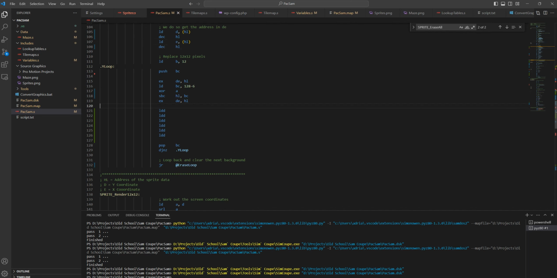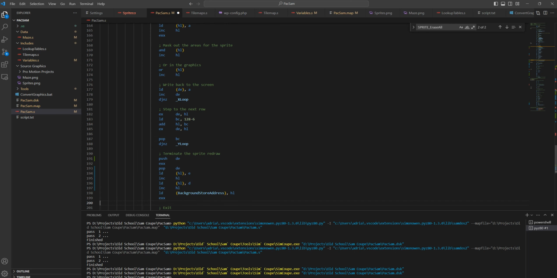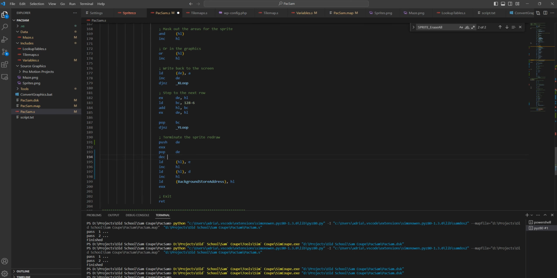We need to actually effectively decrease DE here. Not actually there, but we need to get DE to be 1 byte previous. If we do it here, we could just put that at 7, but then it's going to offset too much. What we actually just want to do is decrease D here before we store it to take it back 1 pixel. That means each row will be stepping every time we subtract